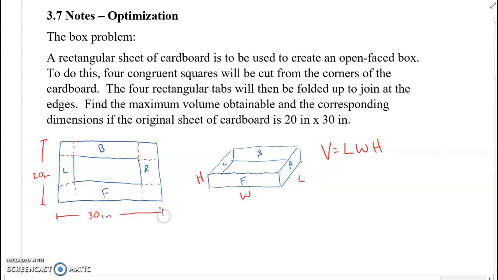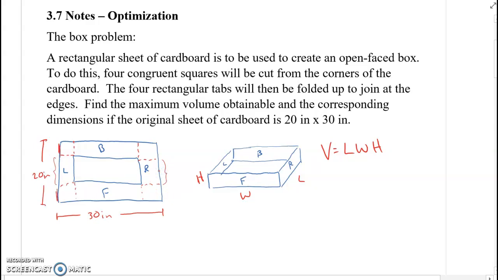Unfortunately, 20 and 30 don't represent any of these 3 dimensions, right? They don't represent the length, width, and height. So what do they represent? Well, they represent things that get shortened, right? We have to take away this little chunk right here and this little chunk right here to figure out what's left on the left side. And that's going to be the same as this distance over here. So the